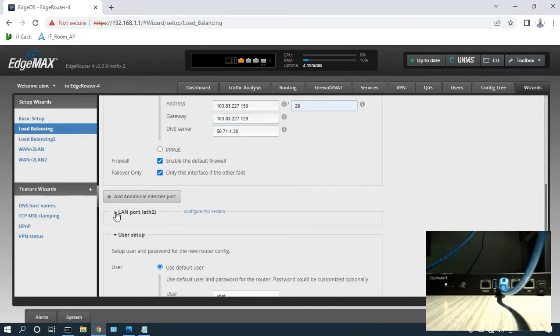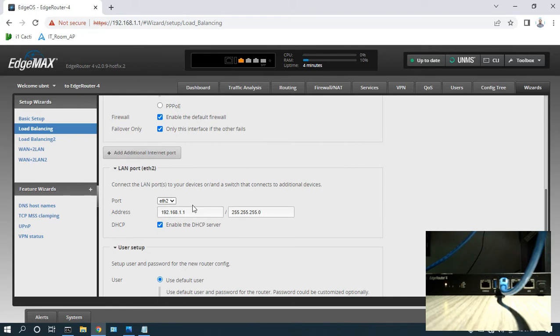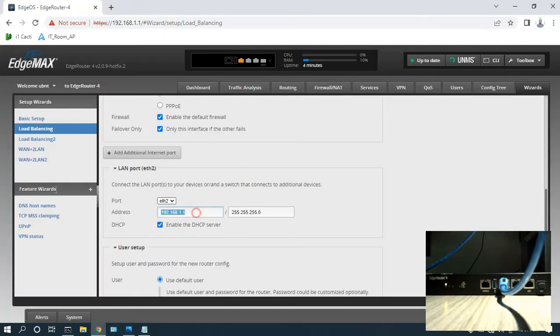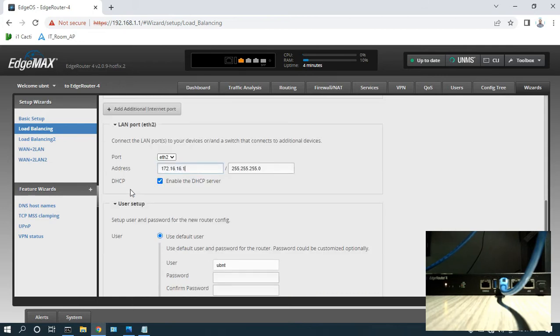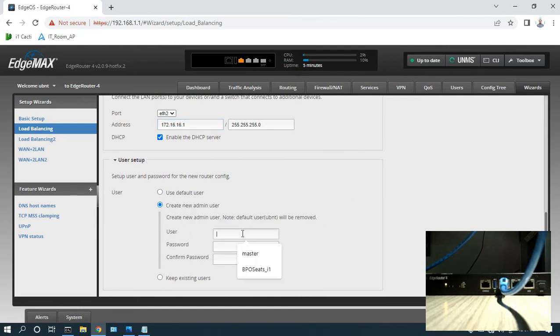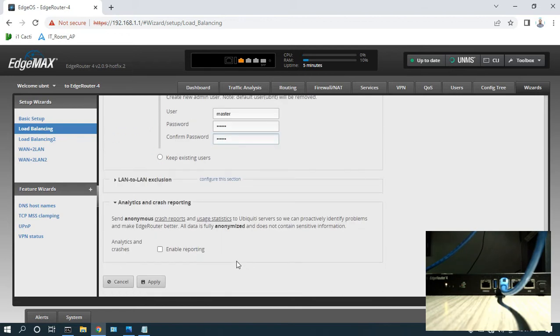And then our LAN interface, that is S2, and network address is 172.16.16.0/24. So 172.16.16.0. This is one, and then yeah, that's it. And let's have that DHCP enabled, and then let's create another user, overwriting the old default user, I mean, some master in that. So that's it. Apply,